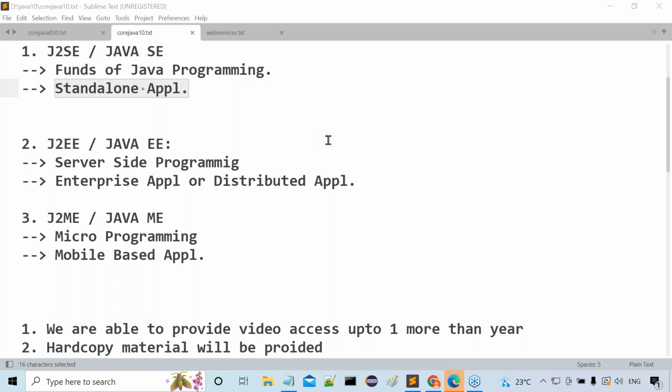Next one. To automate all the steps of the project life cycle. When we develop a particular project, we get a build file. From the build file onwards, deployment of the build file, maintaining and configuring the server, and providing configurations to the dev server as well as the production server. To automate all the steps of our project lifecycle, we need a set of tools. What are they? DevOps tools.